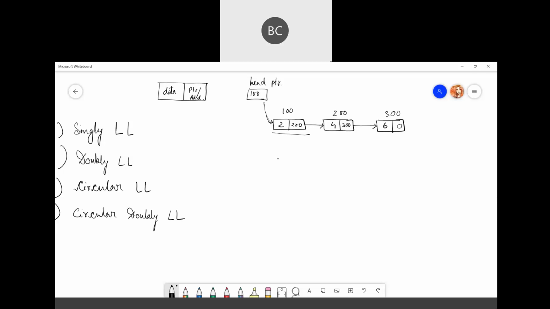So how we implement single linked list with the help of structure. Okay, all linked lists are mainly implemented with the help of structure. So here we already know we have a data part and we also have the pointer to the next node. So it's just the pointer to the next node. Okay, this is our node for the singly linked list.